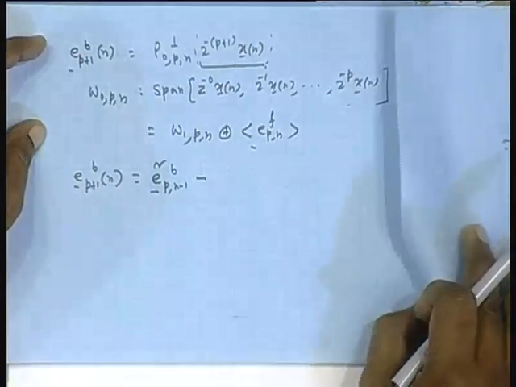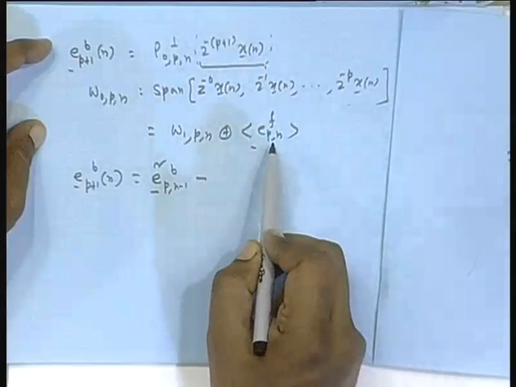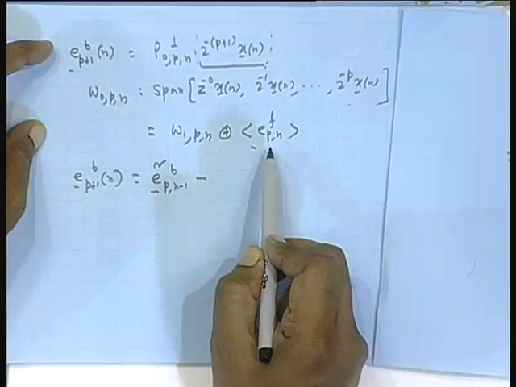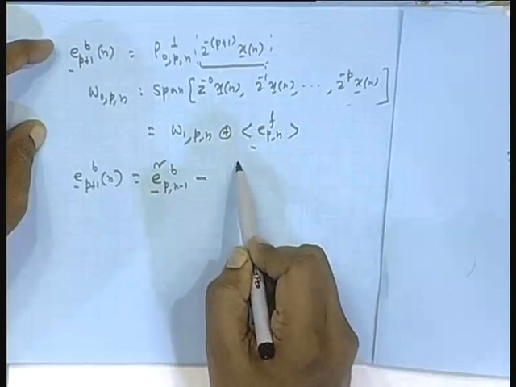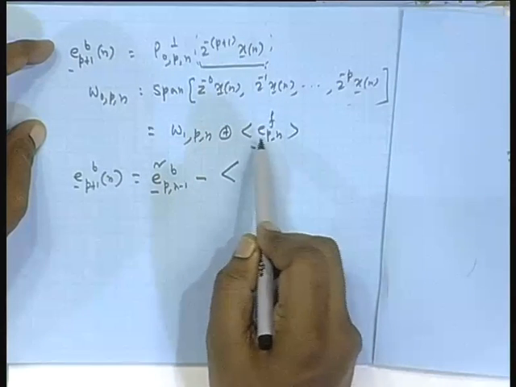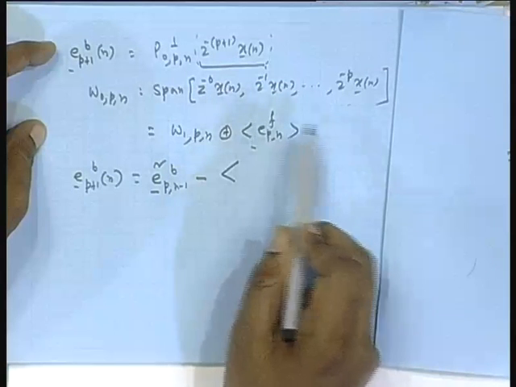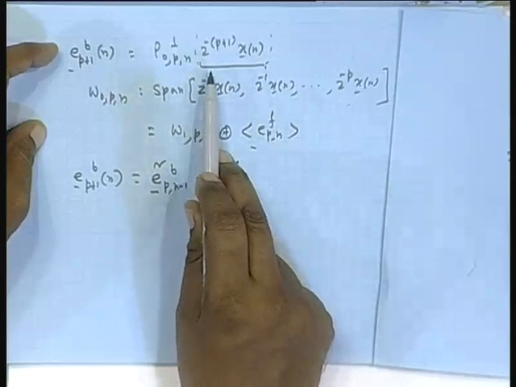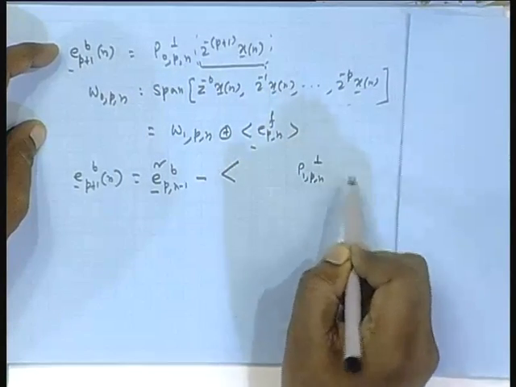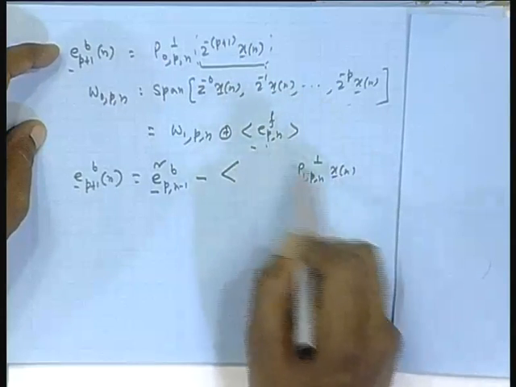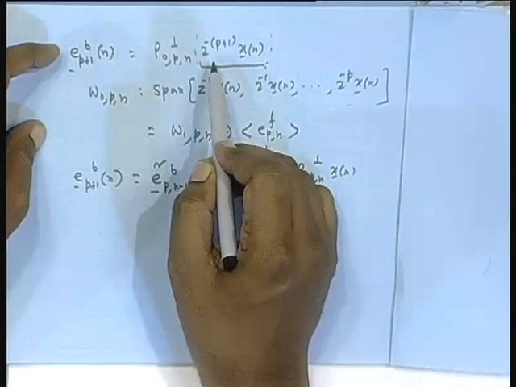Minus this guy, inner product with this, divided by norm square of this, into this. But this is what? EPFn in terms of projection is what? P1 comma P comma n f xn. That operator I can work on that also. After all, EPFn is what? EPFn is P1 comma P comma n xn. This is EPFn. So, this operator I can work on this fellow also. I can repeat.